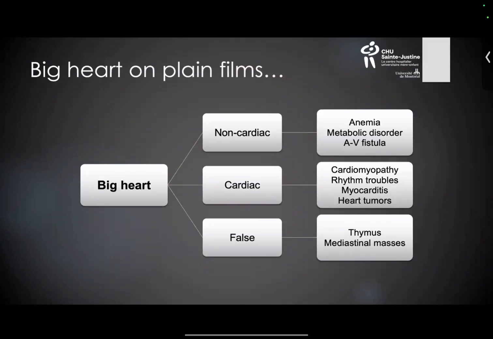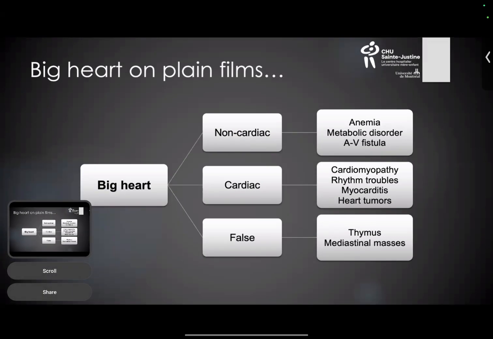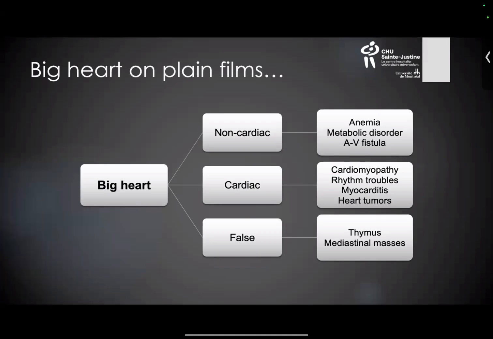So if you have a big heart on plain films, what can it be? It can be non-cardiac, like anemia. You usually see it in patients with sickle cell anemia, who have big hearts because of the chronic anemia. You can have metabolic disorders, AV fistula, or hypervascular tumors in little kids,